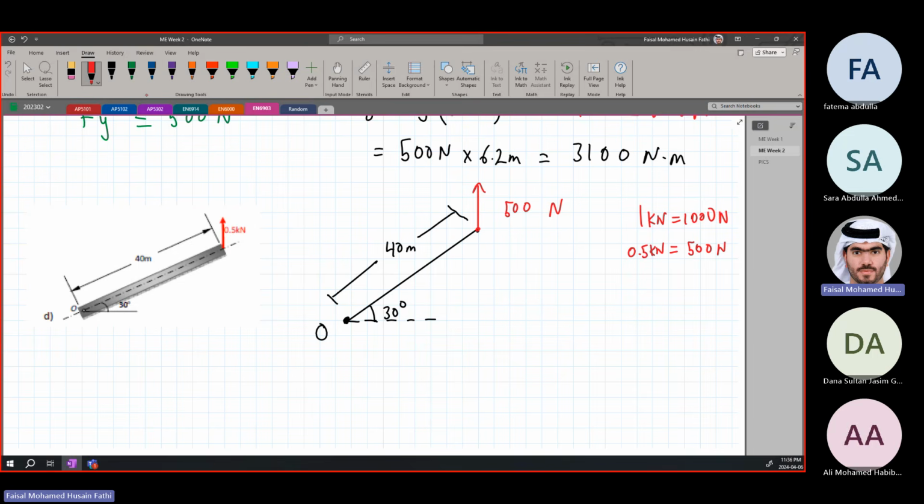Okay? Now, there are two ways you can solve this. First, you can either find the perpendicular distance from O, meaning this distance from here to here. This is the perpendicular distance. This is also the perpendicular distance on where the force is being applied. You can either do that and find how much this green distance is and use that as your perpendicular distance. Nothing wrong with that. Or you can